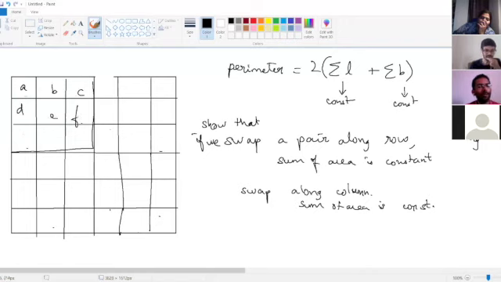Now, for example, if you take the square, the cell A, it can occur only in a square having A as a vertex, right? And cell B will occur in rectangles having A as a vertex or B as a vertex.